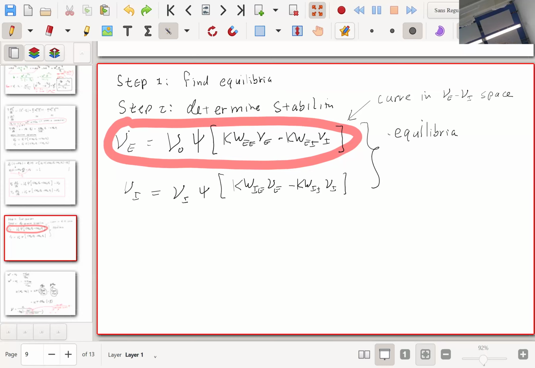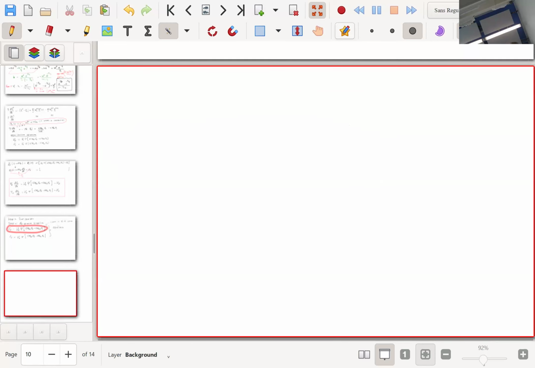And we're going to probably get through one of these curves. Maybe we'll get through both. Okay, so we want to find this curve, and it's a pretty nonlinear equation, so finding a curve isn't that easy. So what we're going to do, though, is do it graphically. And the advantage of doing it graphically is it gives you a lot of intuition of what's going on. So what we're going to do is plot